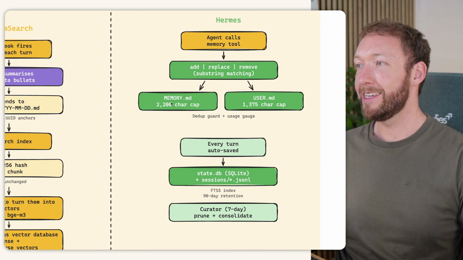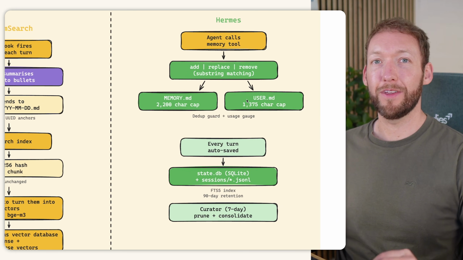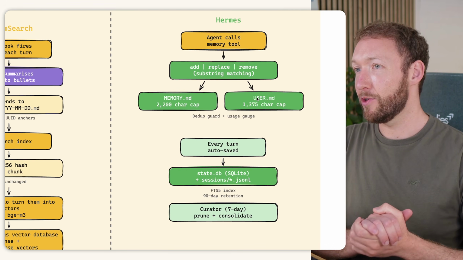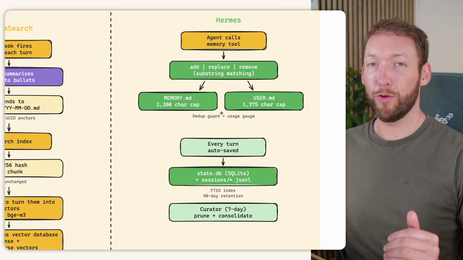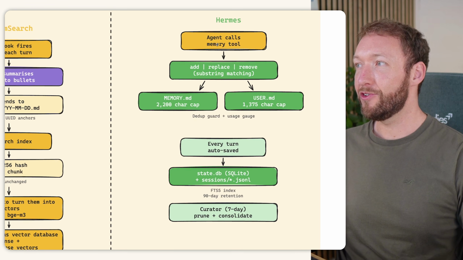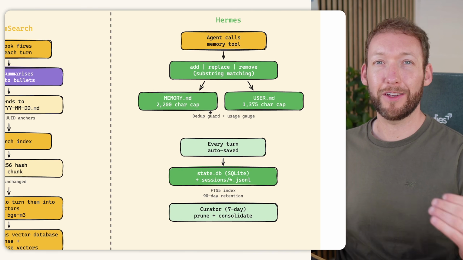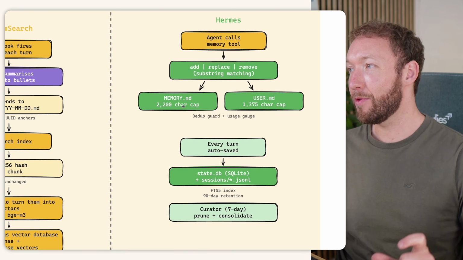So memory.md stores environment information and things you've done, and user.md is all about the user profile. Anything you say about the way you work or want to operate, user.md stores. It also has mechanisms for deduplicating. Whenever the agent thinks it's going to add, replace, or remove something important, it will also check for duplicates